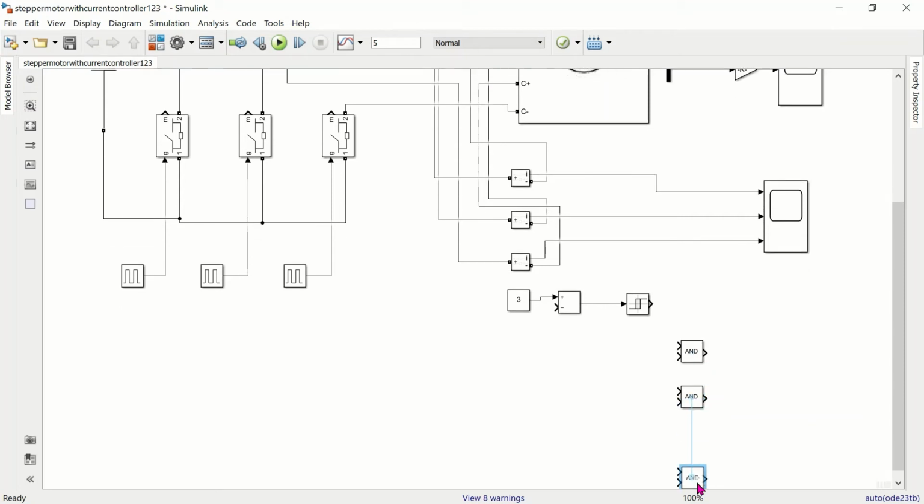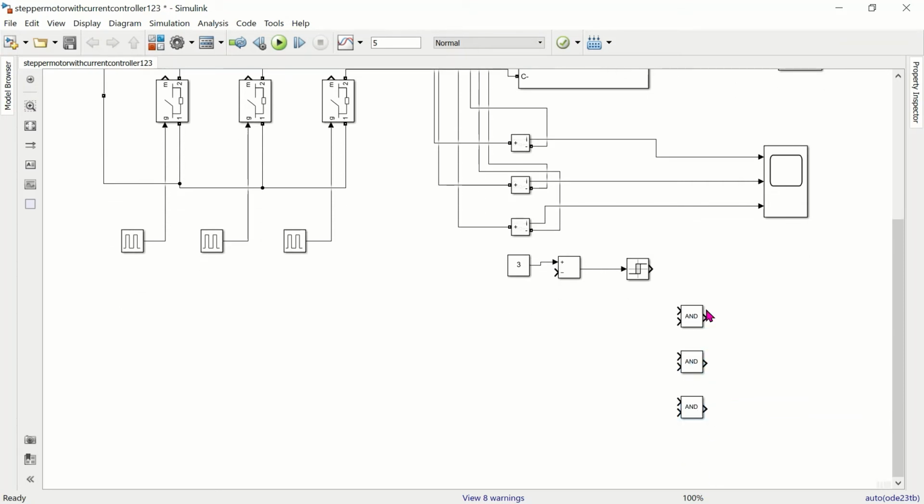Since we are connecting it to three phases, I am selecting 3 AND gates. Here all the three phases are of the same design, so no need to connect individual relay switches for each phase. We are going to use the same relay switch for multiple phases: phase A, phase B and phase C.